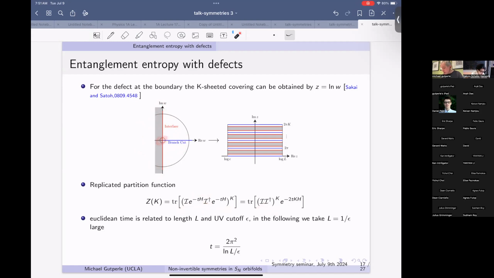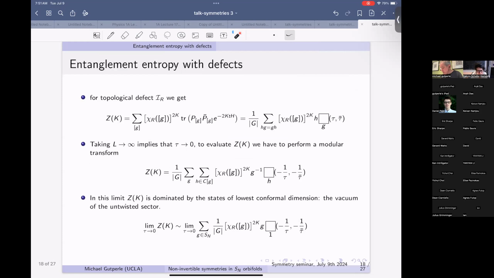And now in this cutoff and in this map, we would have to identify the modular parameter of this torus, and it turns out that it will be related to the length of the interval and the UV cutoff in the following way. If we want to calculate it, for our topological defects, this replicated partition function becomes relatively simple. We'll have just 2k powers of the character here, and then the same partition function of our twisted sectors with the S_N